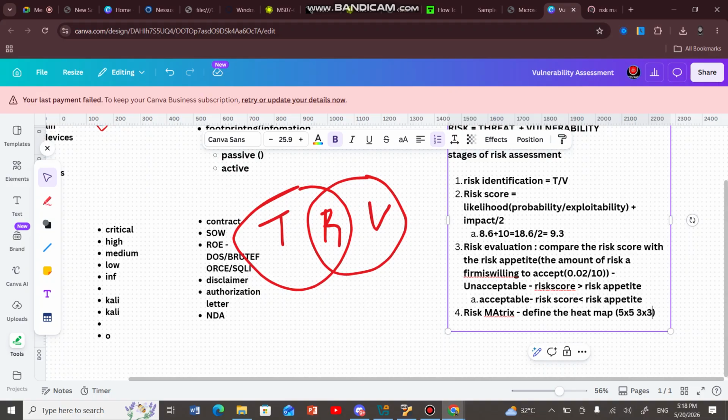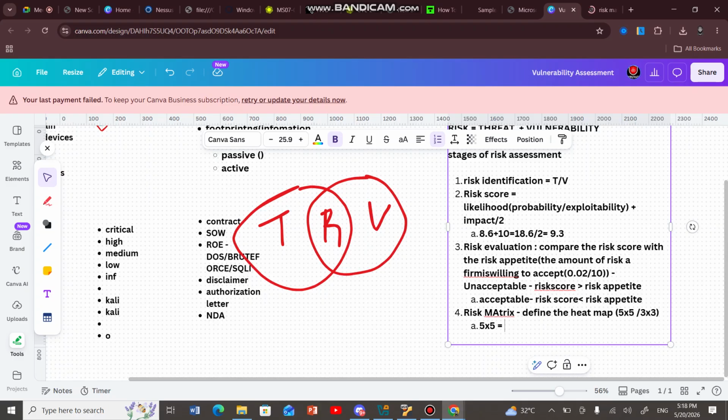So, how do we manage it, or what are the numbers to it? If you use a 5x5 heat map, you want to define, okay,